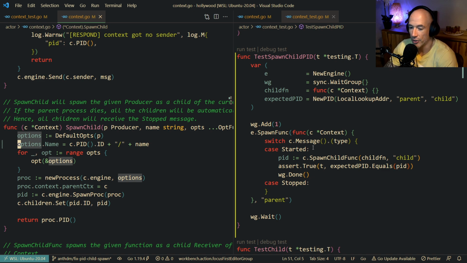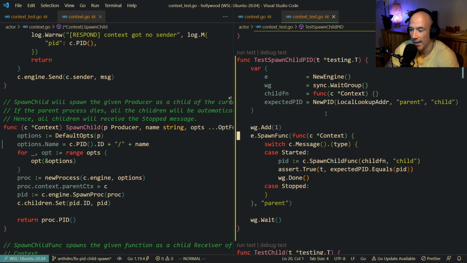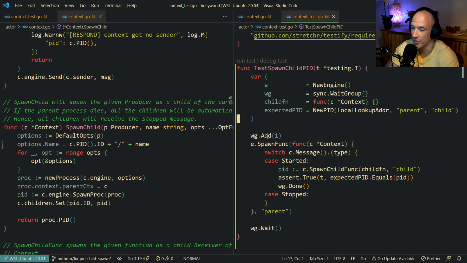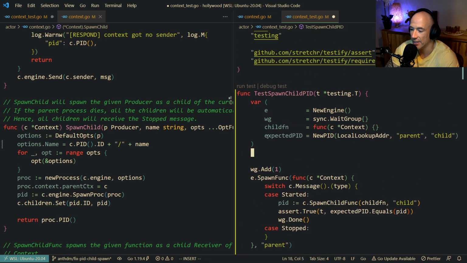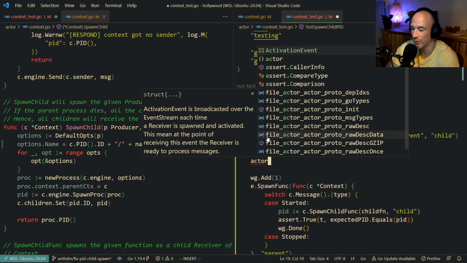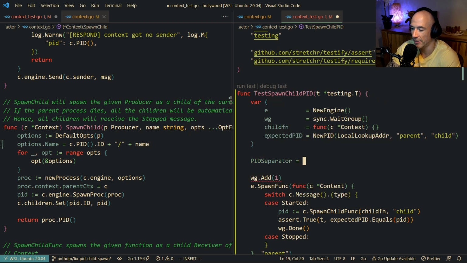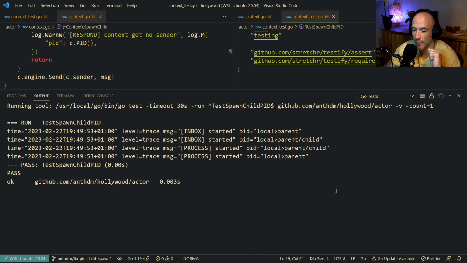Yes, okay, cool. Because we're almost there. The problem is, the test is passing, right? You see? The test is passing, perfectly fine. The problem is that if we do something like this, we could say the pit separator is going to be this one, right? If I do this right now,